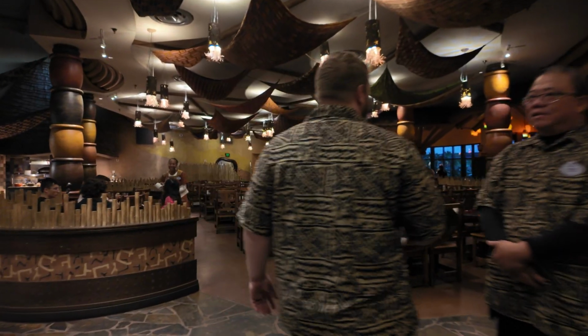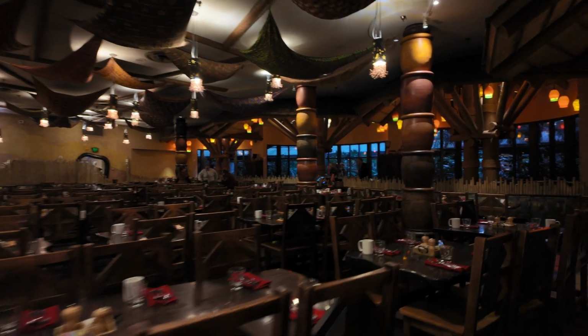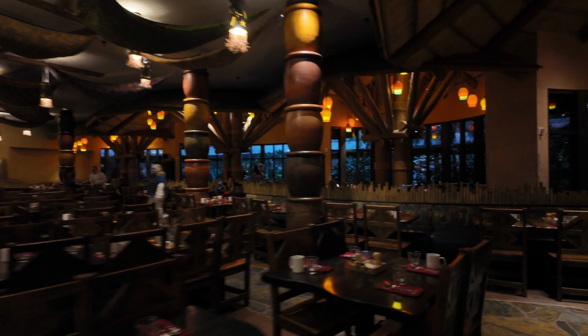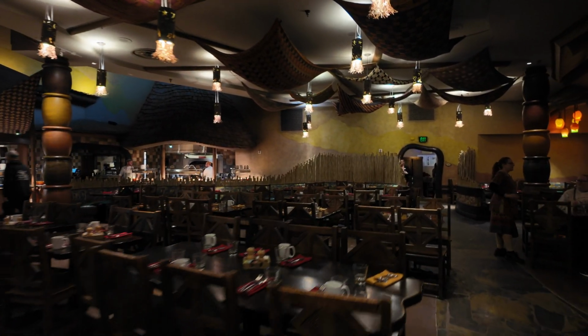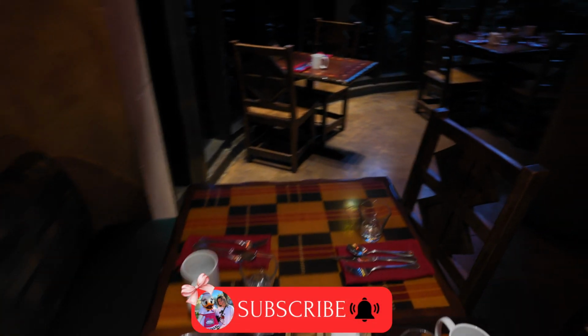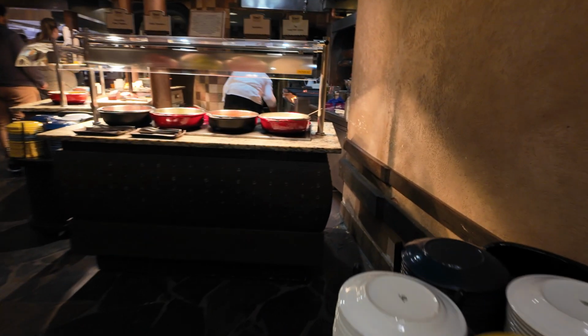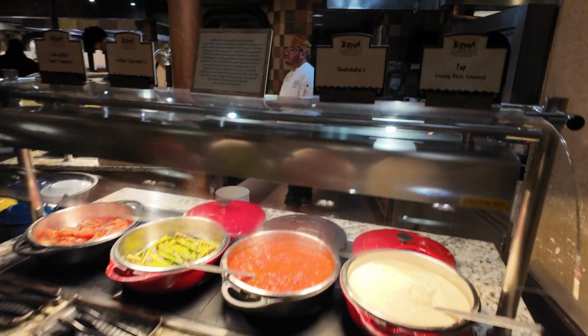We're gonna go have breakfast at Boma, Flavors of Africa. And the breakfast is open from 7:30 a.m. to 11:30 a.m. and it is $39 per adult and $23 per child. They do the animal pass discount and they also accept the dining plans if you guys are doing that. This is by far my favorite breakfast in Walt Disney World property. It is so good. It is a buffet, so it's all you can eat, and it is set up in